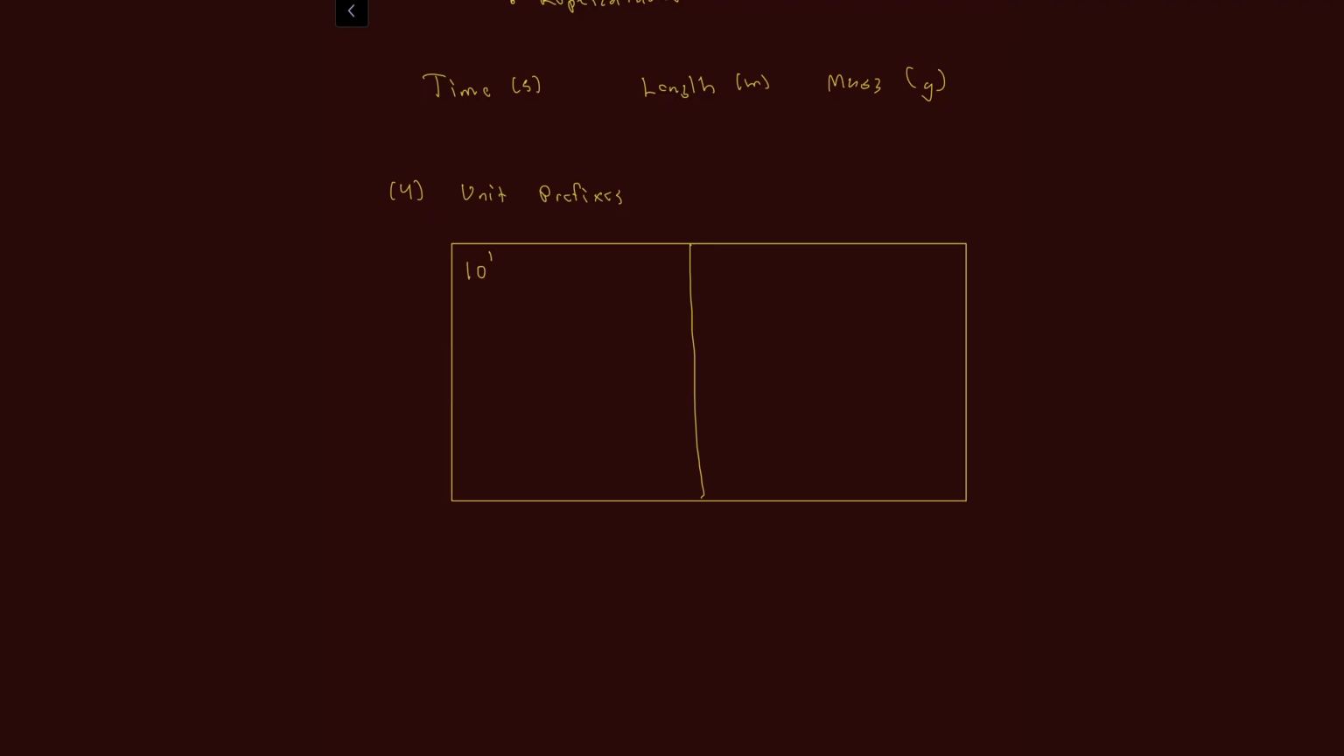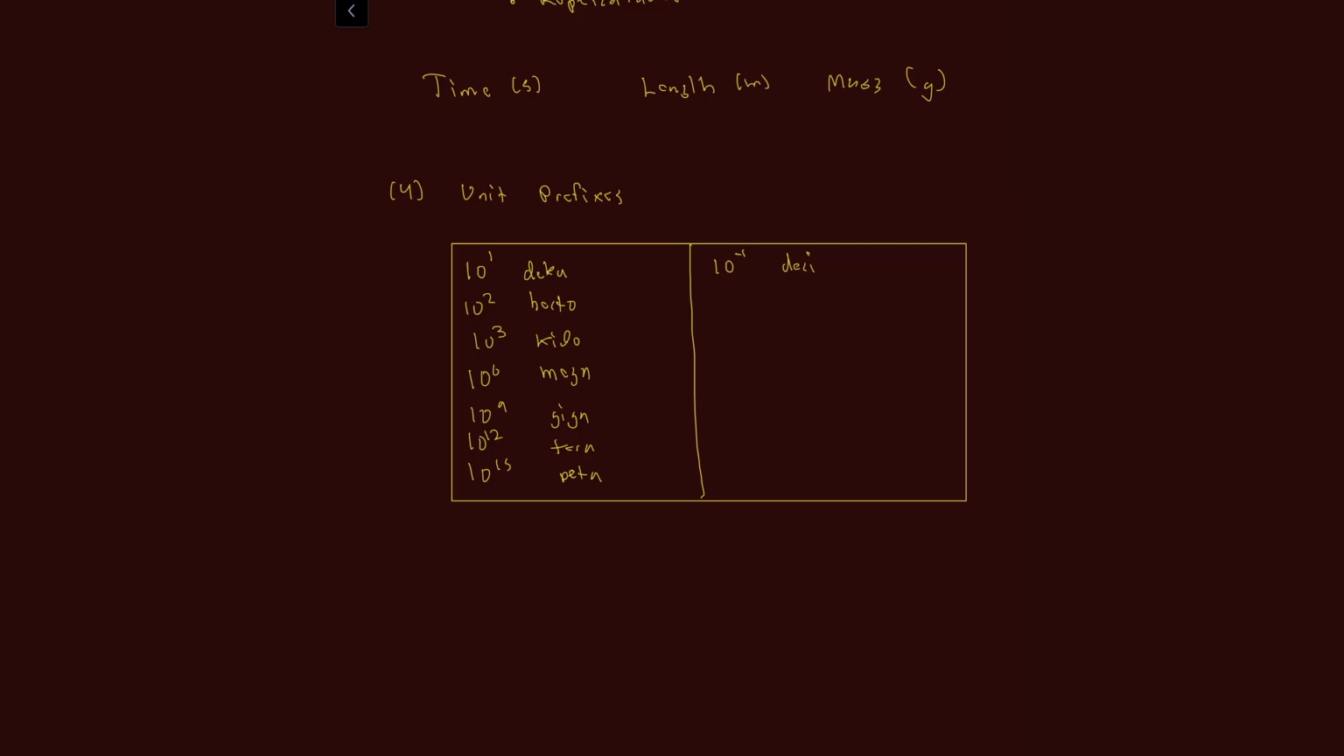So let's start off with 10 to the first. This we call deca. 10 to the second we call hecto. 10 to the third we call kilo. 10 to the sixth we call mega. 10 to the ninth we call giga. 10 to the 12th we call tera. And 10 to the 15th is peta, I'm guessing, or peta. I'm not too sure. P-E-T-A. A lot of these you probably won't use too frequently, but I always just like to go through it at